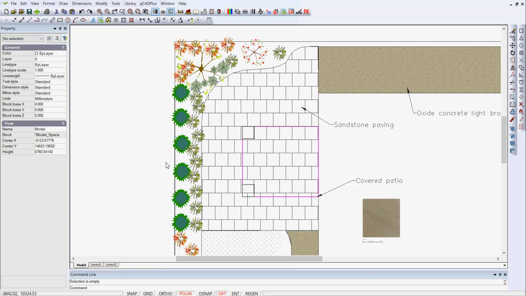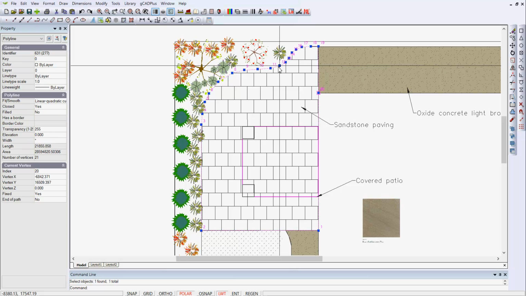Well, the original thought with this design was to have some red brick paving under the covered patio, but the client wants sandstone paving through the whole area, which I think is sensible. We've drawn a polyline around the area of interest, and it's not